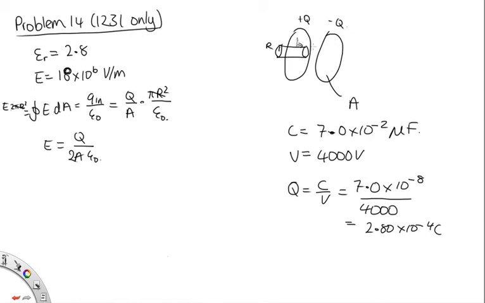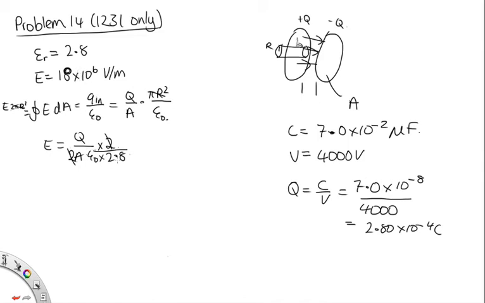We've got two charged plates, and between them the electric field lines are acting in the same direction, so they add together, and because they've got the same magnitude Q, we need to times this by 2. And now what we've done is we've put our dielectric in here. So the dielectric effectively modifies our epsilon naught by the factor of this dielectric, which is 2.8. Okay, so we now have an expression for our electric field, and we are told what the maximum electric field